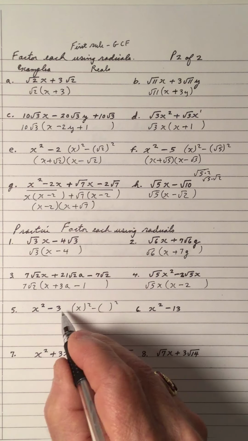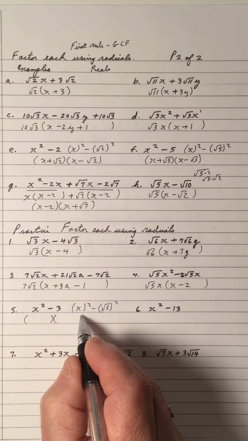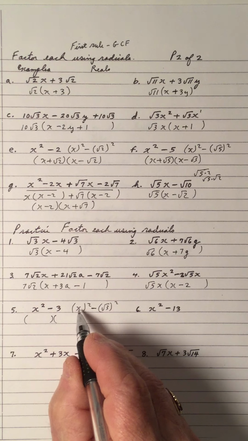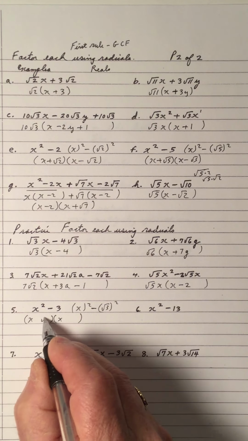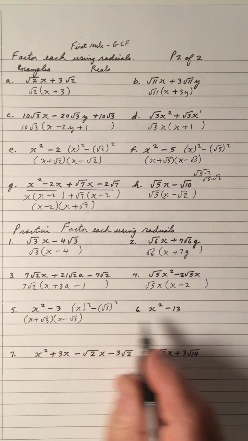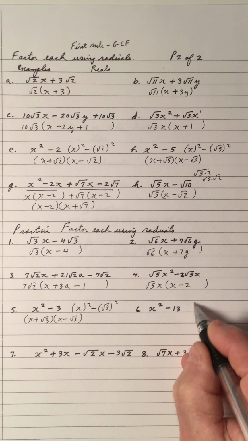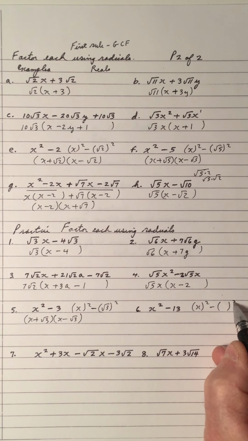So what number do we square to give us 3? So it's root 3. So it's a difference of 2 squares. Notice the difference of x squared and root 3 squared. So it's an x and an x, root 3 plus minus. And the same here, I have an x being squared minus, oh, that's a square, not a cube,